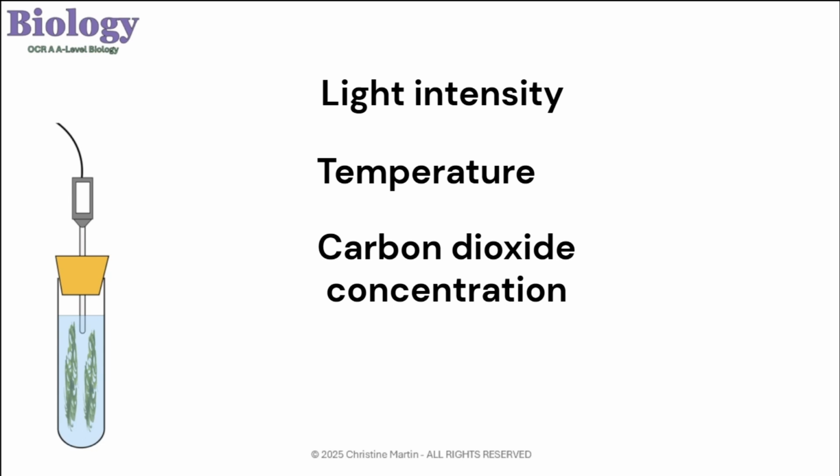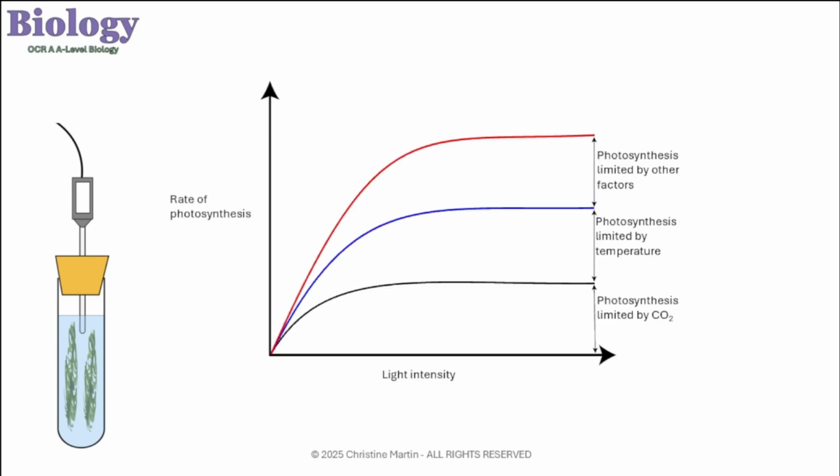If any one of these factors is in short supply, it will then limit the rate of photosynthesis, and this is known as a limiting factor. Now, we can carry out investigations to look at these limiting factors on the rate of photosynthesis. Now, one way in which we can do that is by limiting the light intensity. Light is needed as an energy source in the light-dependent stage. If light intensity is low, less ATP and reduced NADP are produced, therefore less GP will be converted to TP